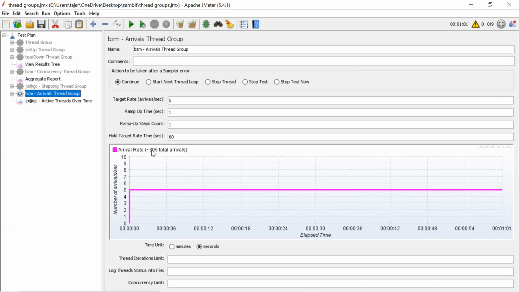So here 305 means we are expecting each API to hit 305 times. Yes, kind of. So it will try to achieve more or less than that based on the things. If you add more timers, then we'll have a lower number here. If you add no timer, it will get that number as it is.